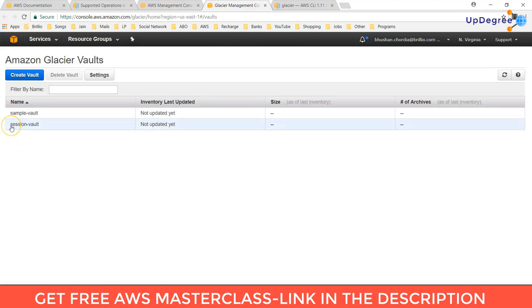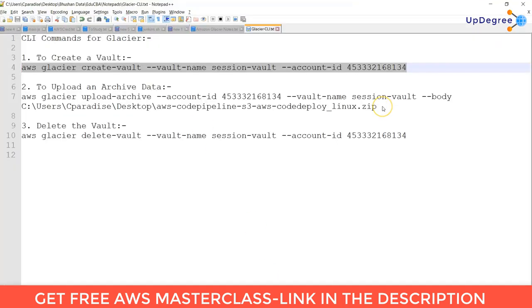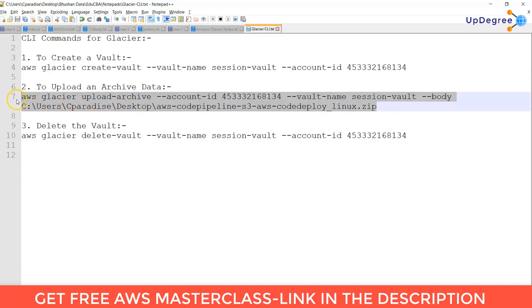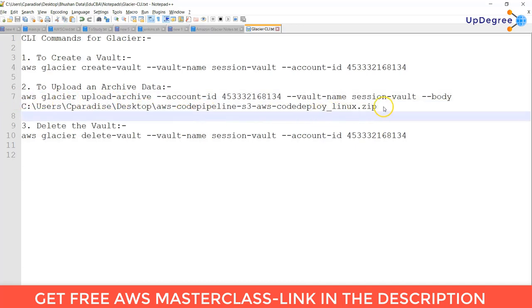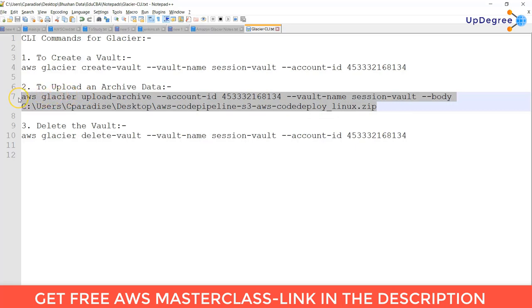As you can see here, session vault, which is created successfully by CLI command. So next command is uploading archive. As I have a zip file, sample zip file in my local system on desktop, so I can run this command to upload the archive.